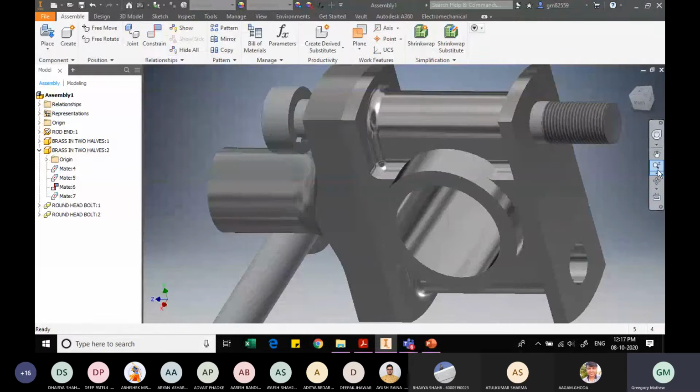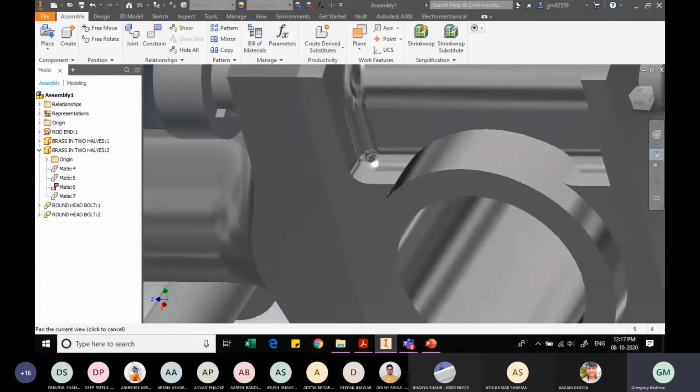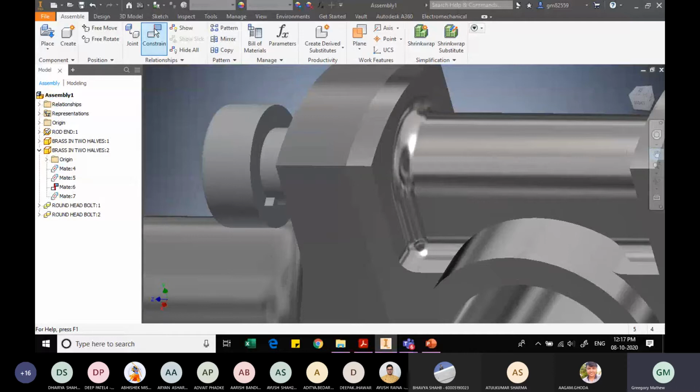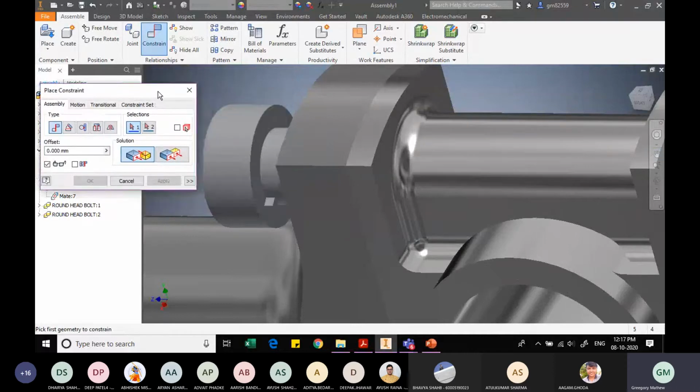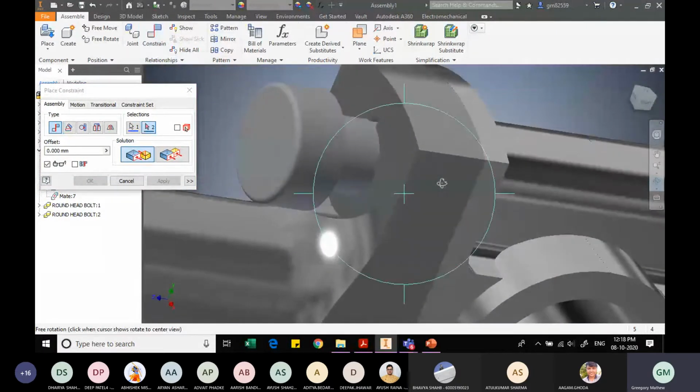Let me zoom in slightly. I will change the view, and now constraint, and this face should now be in touch with this.